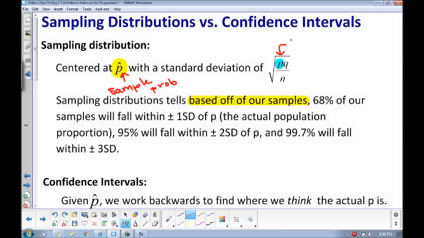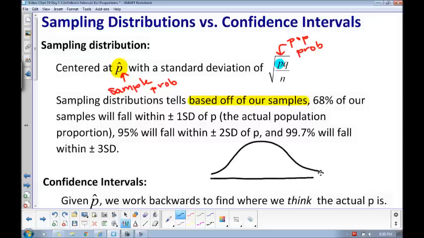This guy means your population probability. This is what it actually is, or what we actually believe it to be. This is what I got from my sample. And when we're talking about the distribution of these, we go back to our normal model